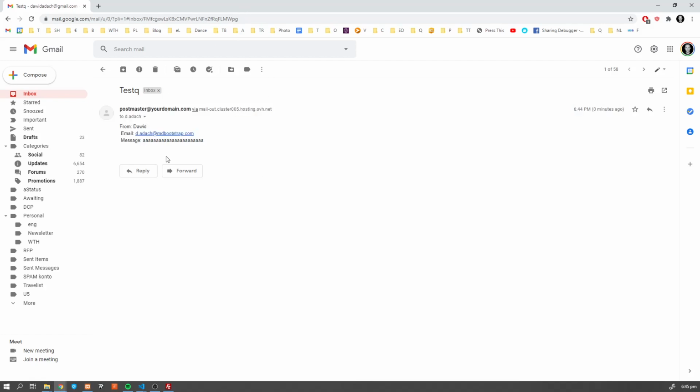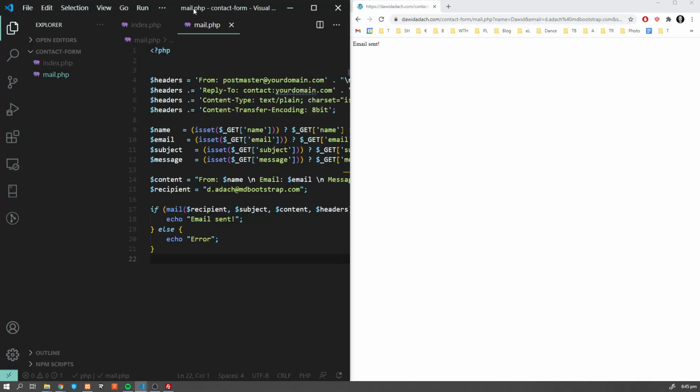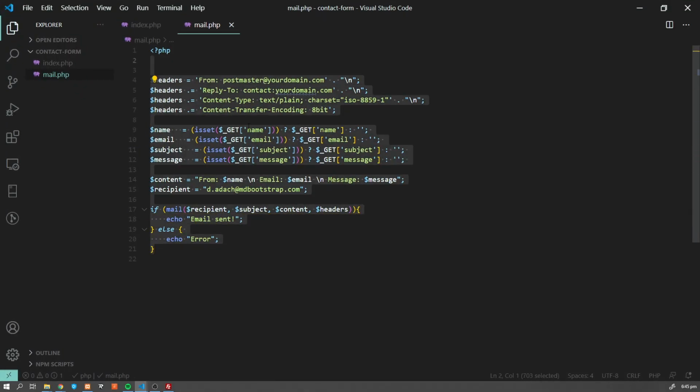So I hope you found it very easy. As you can see, you can create contact form within just a few lines here. It's not difficult, it's not easy.